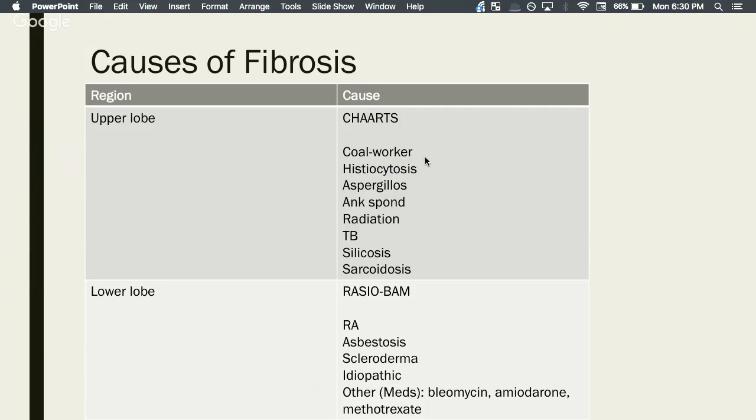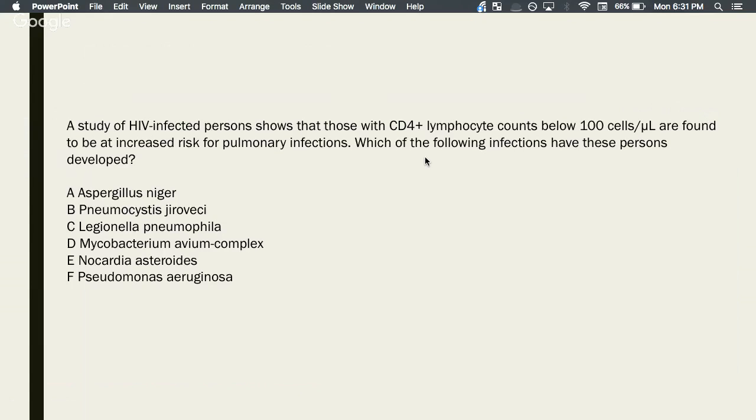So this is something that's worth knowing, so that if you ever get a question that tells you the fibrosis is in the upper lobe, you can break it down and you don't have that much to choose between. Yep. We would call it the rule of opposites. Coal and silica come from the ground, so it's upper lobe fibrosis, and asbestos comes from the ceiling, so asbestos causes lower lobe fibrosis. That's really cool. That's a really good one. Thank you. Okay, so